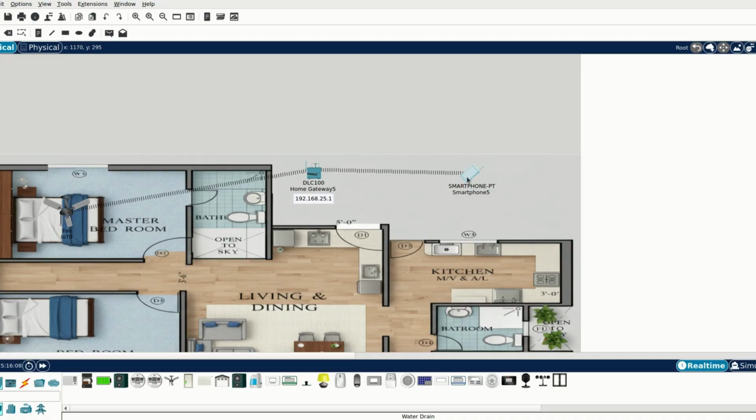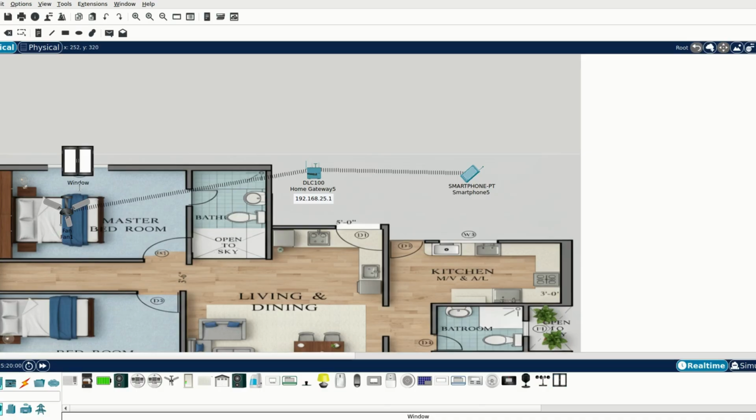Then again open your smartphone and see, here we have connected a ceiling fan. You can see it here. Okay, so now we move to our further devices to connect with our project. Now we have connected a fan, and now we have to connect the other devices to our project, such as we can add a window here